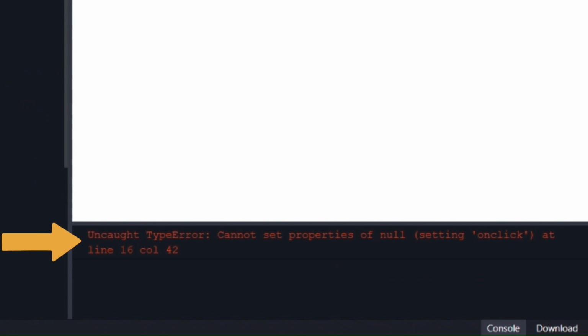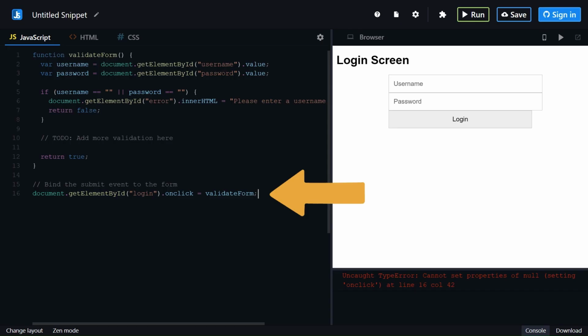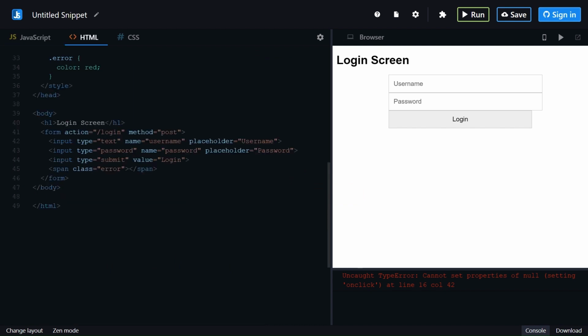As you can see, we are getting an error. The error is due to line number 16. Here, it's trying to find an HTML element with ID equals button, but there is no element with ID equals button. Also, in the code there are many places where we are using getElementById. But in our HTML code none of the elements have an ID. So let's fix it. I am going to set an ID for all elements.